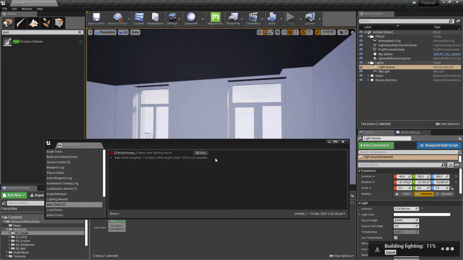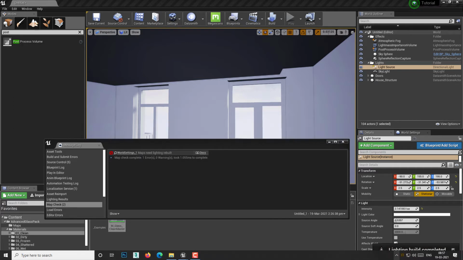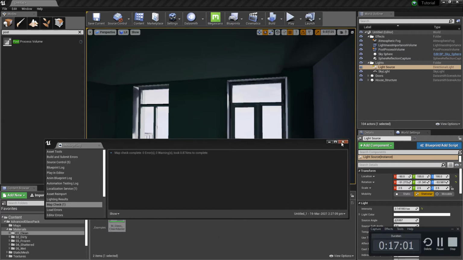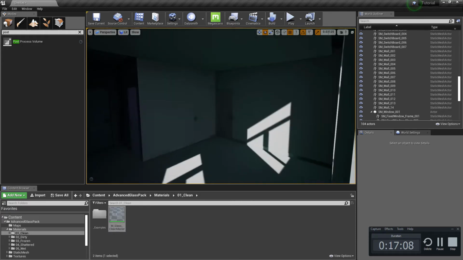And in the bottom right, you can see the build progress. The build has finished. The scene is looking really dark right now.